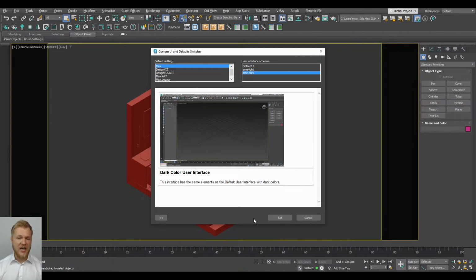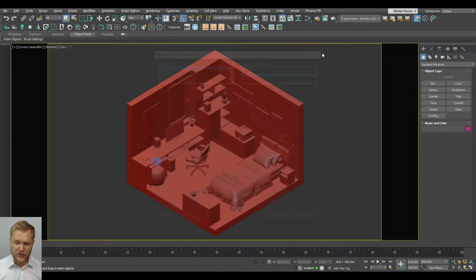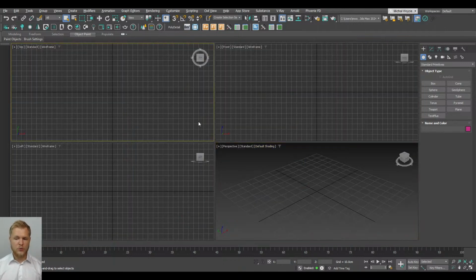Once you click on the set, you're going to need to restart your 3ds Max because all of the UIs are being reset, and you're going to experience some of the menus missing or just being black for no reason. So make sure to restart your 3ds Max right now once you did this. Then we're going to go to a new fresh 3ds Max that reopens, and we're going to continue setting up